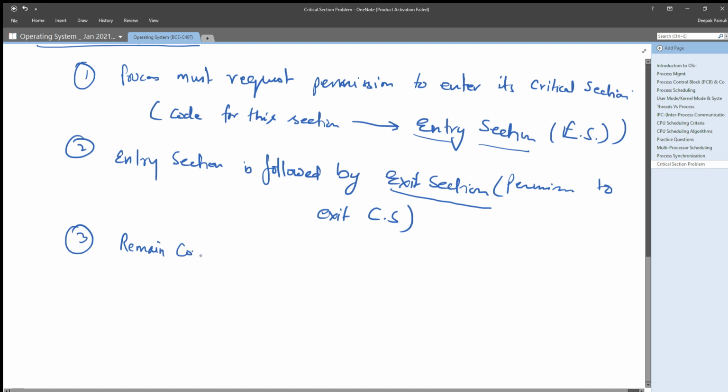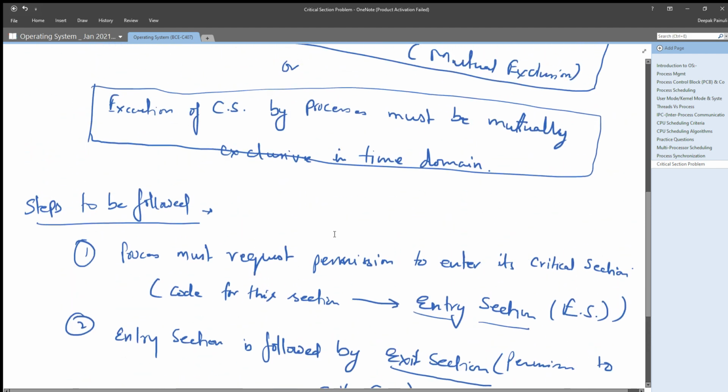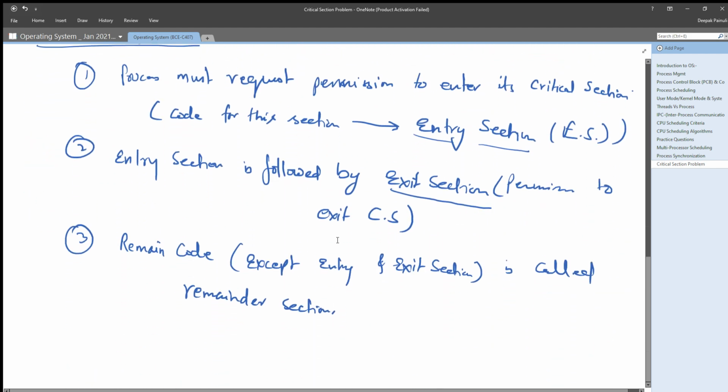The remaining code, except the entry section and exit section, is called the remainder section. So for ensuring these conditions for mutual exclusion, what we simply did is...